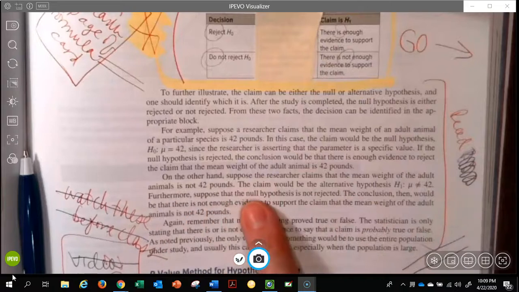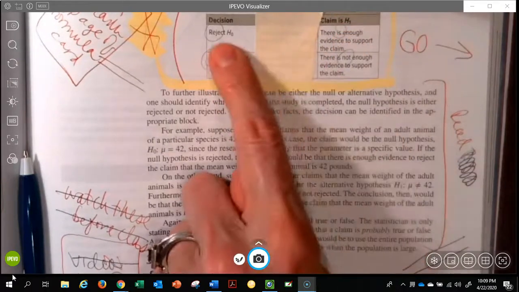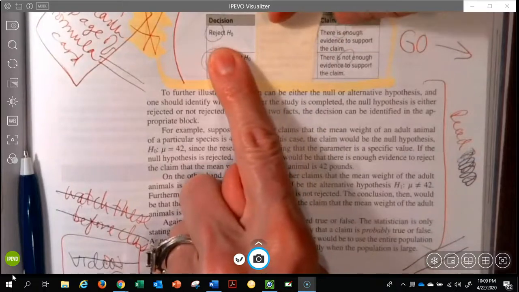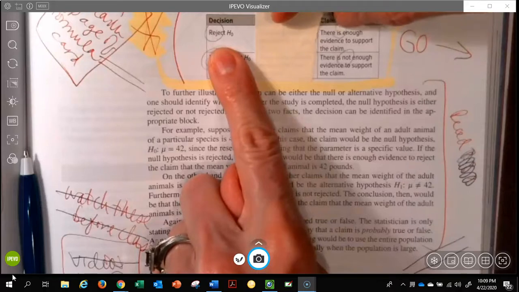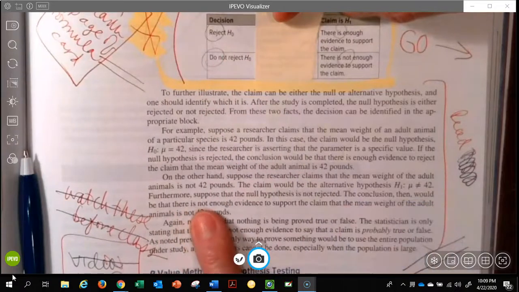And then furthermore, suppose that the null was rejected. And so if the claim is the null and we actually reject, then the top box is the one we use, that there is enough evidence to support this claim. And you'll see right here, the conclusion then would be that there is